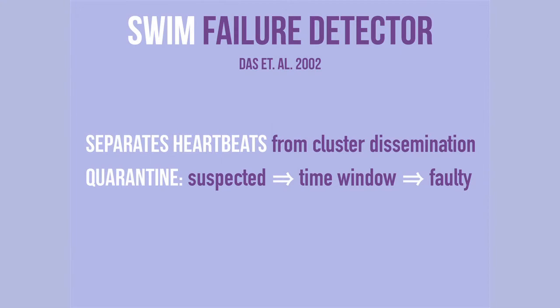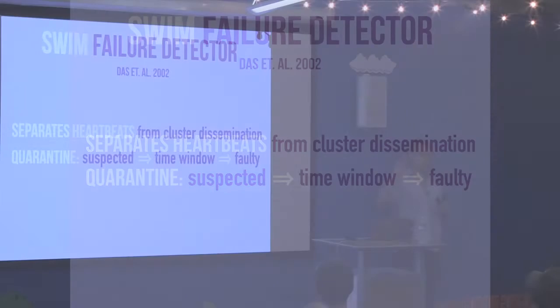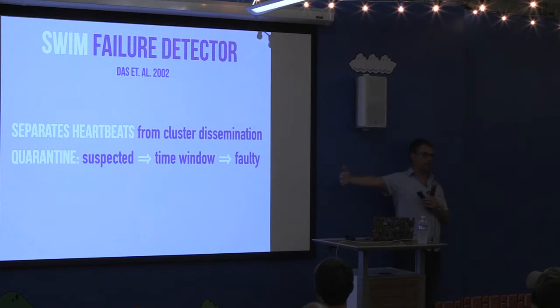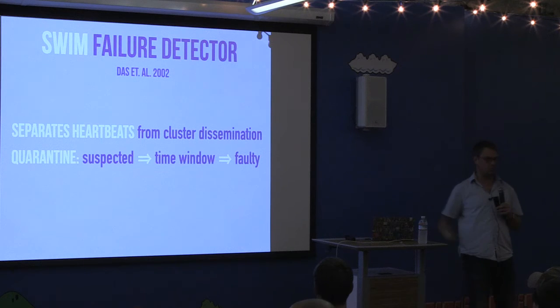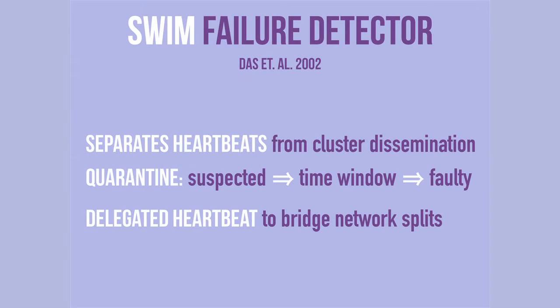It also introduces something like a concept of a quarantine, where even if you suspect that the process is most likely down, you just don't mark it as down. You actually put it in quarantine and let some time pass, and while it has the possibility of getting out of quarantine, if you were wrong, which very often happens. But if the time passes, it's doomed as faulty and it can't get back again.